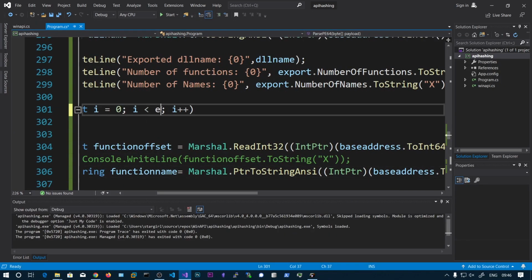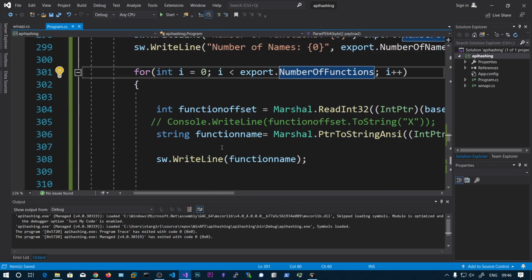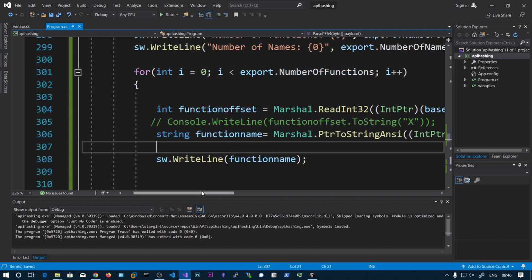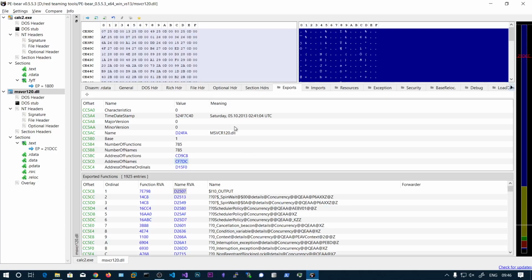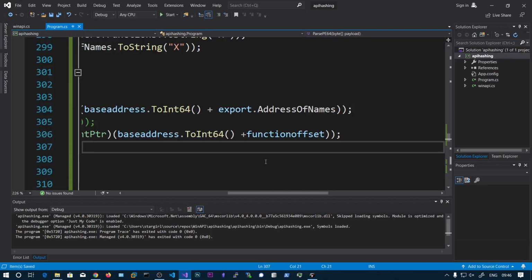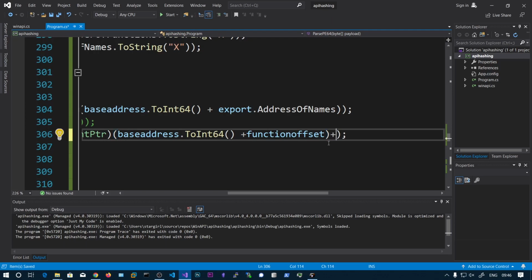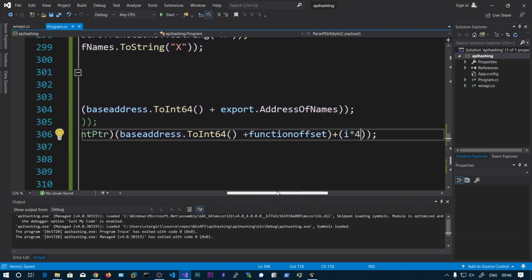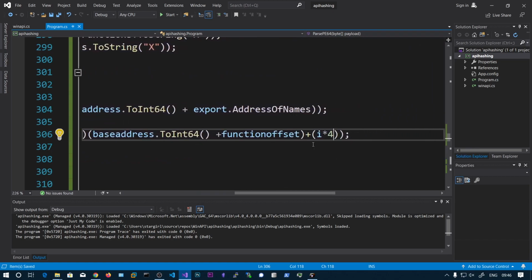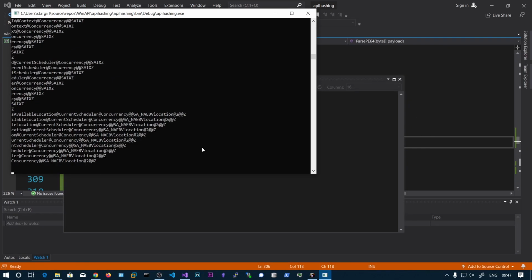Now I can loop through this export.NumberOfFunctions. Each time I am looping, I need to add 4 bytes, because I need to read through these 4 bytes at a time. So how I can do it is, I can say plus i into 4. Since i starts with 0 and ends with number of functions minus 1, we can say i into 4. So at the first iteration it takes 0, and second iteration 4, 8, etc. If I go and run this,